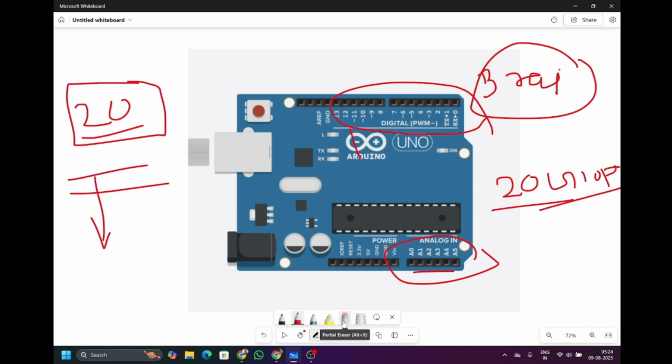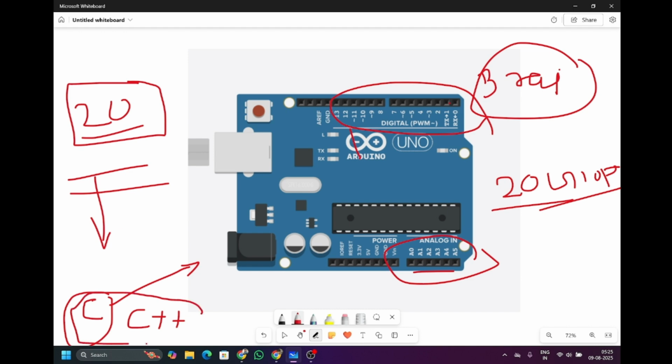From tomorrow, from the next class, I will start the coding part of Arduino and the basics. We will connect the LED to Arduino. Then we will see a little bit of C programming, because Arduino supports the C language. C and C++ are basically used to control the operating system. If you have any type of operating system, you can control it with the help of the C and C++ languages. So this is the brain of our robot. We are going to control our robot, so we will use